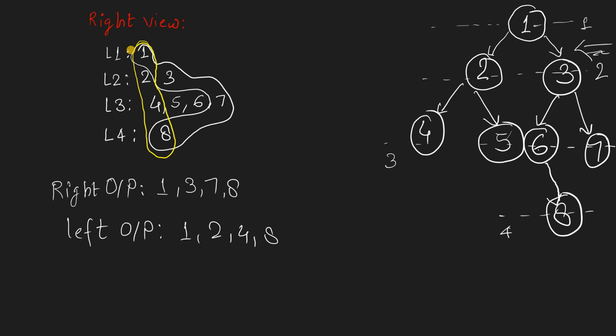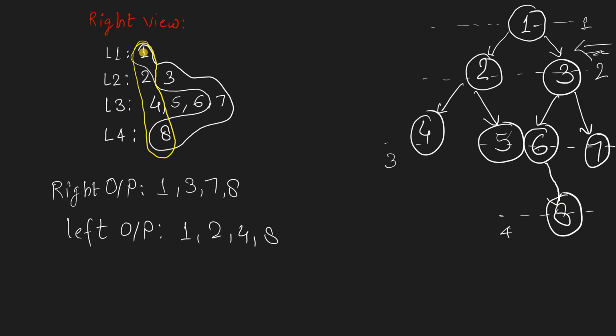our level order traversal, for printing the right view of the binary tree, what we have to do is print the last element on each and every level. On this level we have only one, so this will be the first and the last element, so we'll print 1. On this level we have the last element as 3, so we'll print this. On this level we have the last element 7, so we'll print this. On this level we have only one element, so this will be the first and the last, so this is